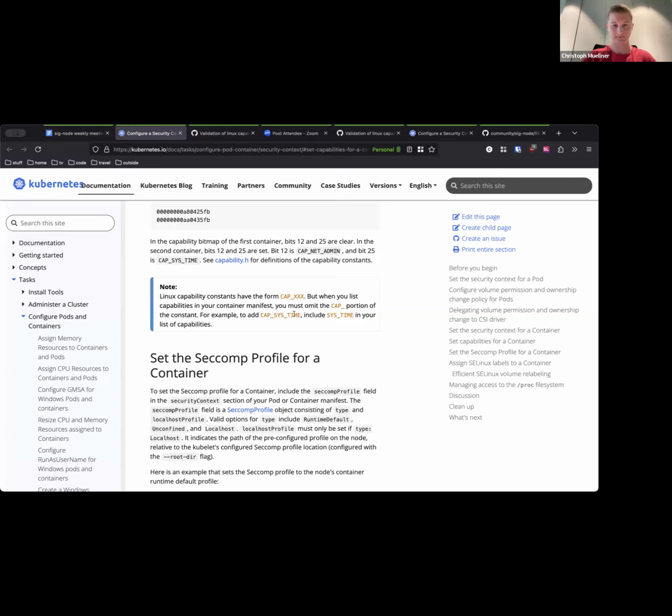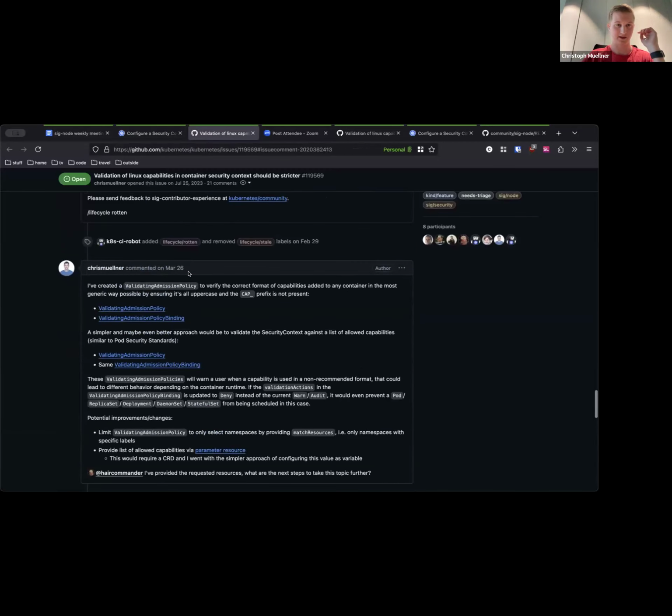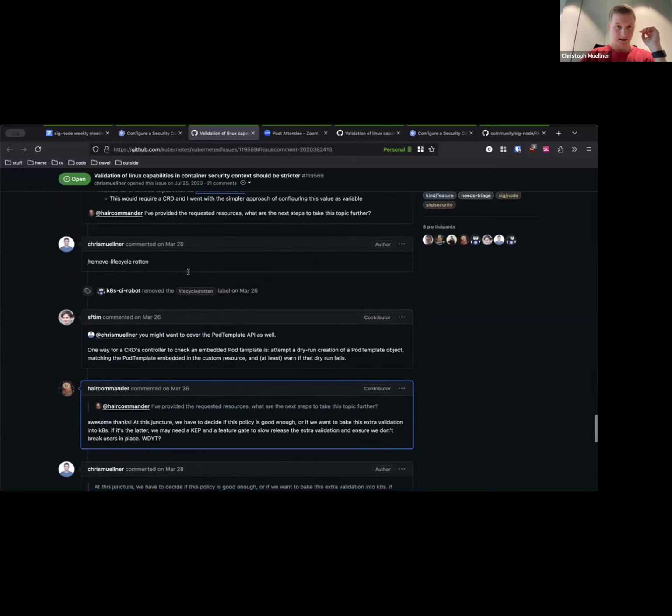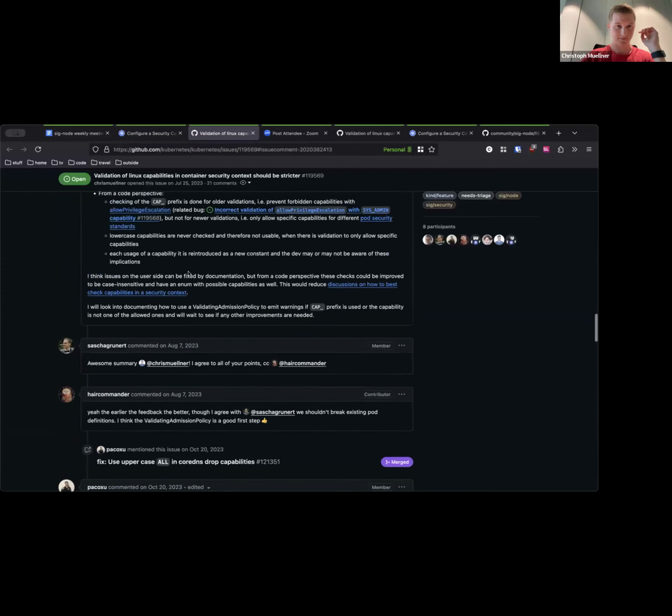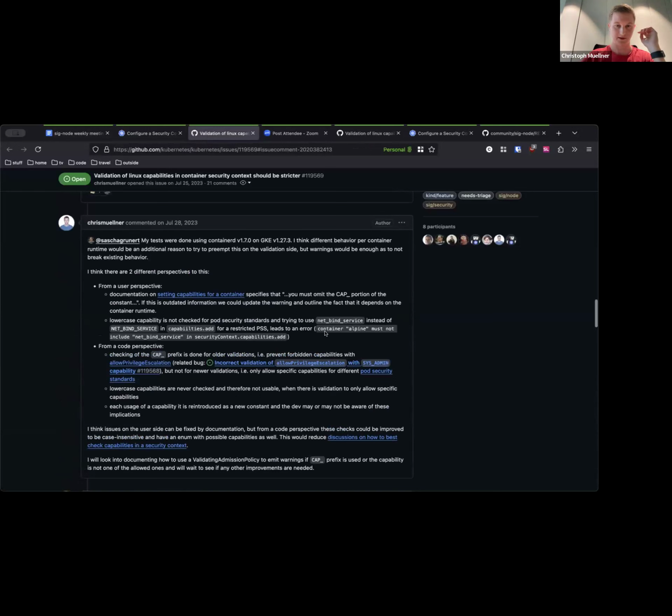And this is relevant in the fact that there's also validation for these capabilities inside the code. Depending on if I set it with the CAP_ prefix or without the CAP_ prefix, I then have validation. For example, in the allow privilege escalation validation, I only validate with the CAP_ prefix.